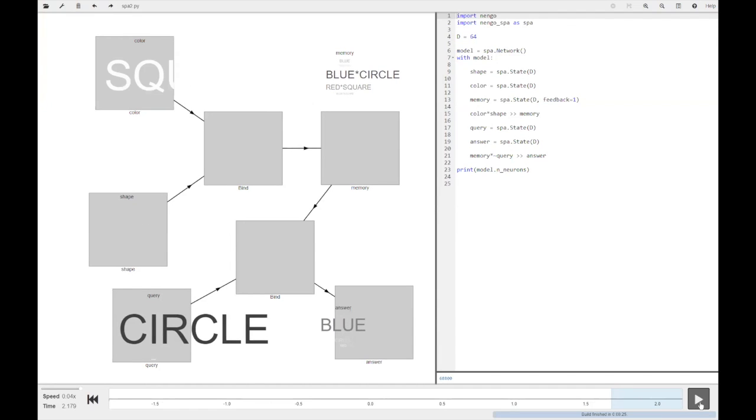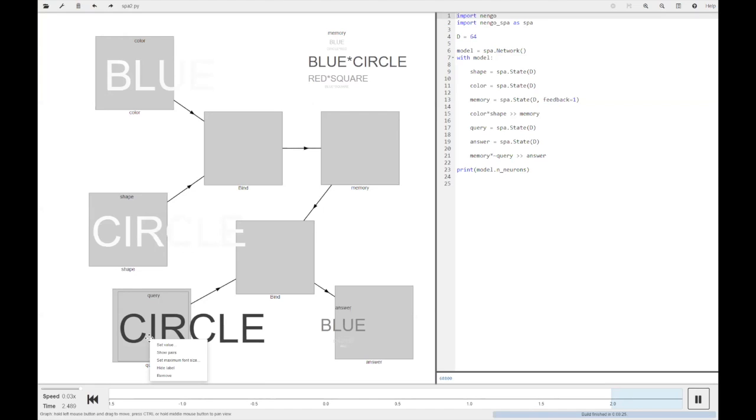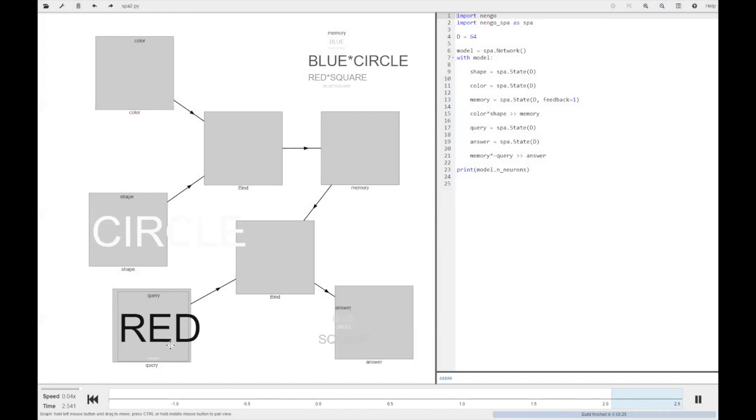And of course, we can do some fun things like, how many things do you want to load into this memory? How long is it stable for? You'll notice I rushed a little bit there. If I let this run for a little bit longer, this memory is not going to be stable forever. That red square is going to drift away. It's probably gotten worse at red right now. No, it's still not too bad. Certainly if we run it longer, or if we have a larger vocabulary set, because it's not just about how